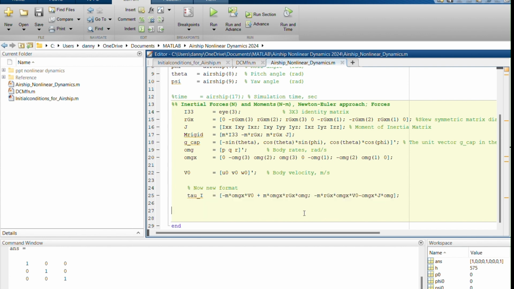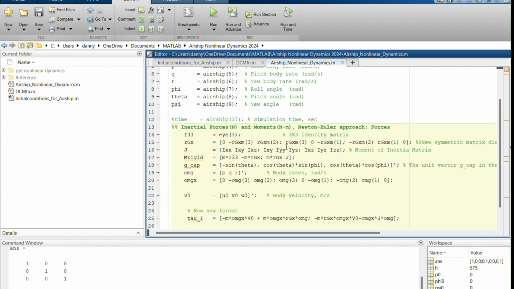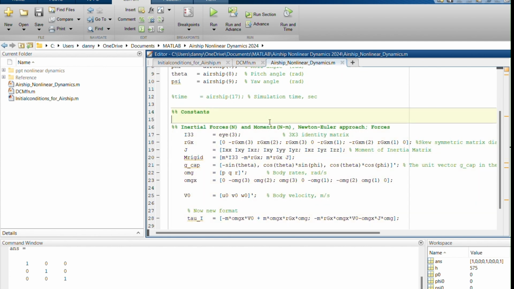Now we need to have some variables such as Ixx, Iyy, Izz. These are the variables or constants for the airship. We need these values, so we'll define the required constants in the above sides. I am now writing all the constants required over here in this section, which will be used by these inertial forces. So the constants are,